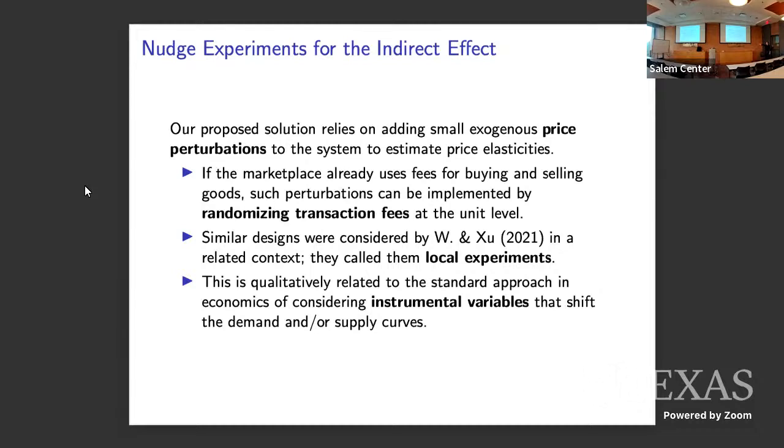And this earlier paper with Guangzhou also talked about this, where we studied this in a different context, which we call global experiments. And finally, in terms of implementation, you might think this is a huge hurdle, but if the person running the experiment controls the marketplace and imposes transaction fees, say randomized transaction fees, you get something like this. There are many other ways to get this. I just wanted to have one example to highlight that this is not crazy.